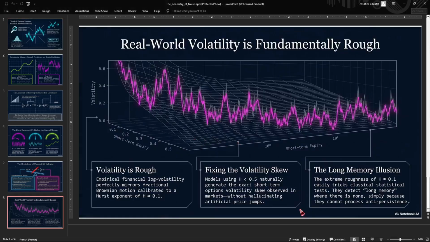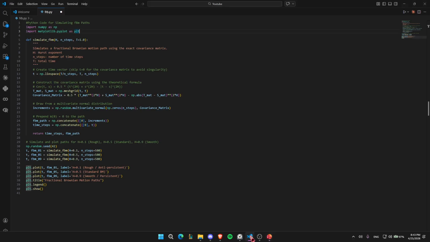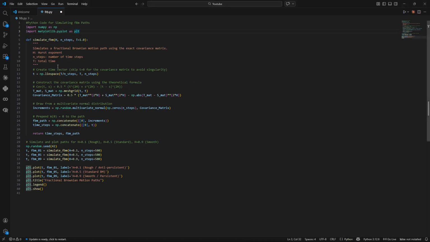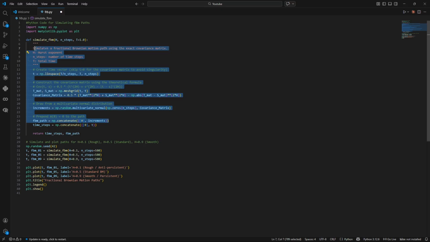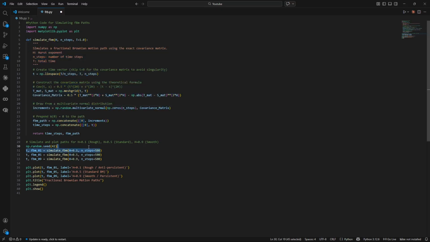We can better visualize this. I've made this simple Python script to simulate the fractional Brownian motion path. This is the formula we just saw of the covariance matrix, and at each time we will just differentiate the Hurst exponent of 0.1 if it's rough, 0.5 which is the standard Brownian motion, and 0.9 for the trendy or smooth path. So as we saw on the slides,